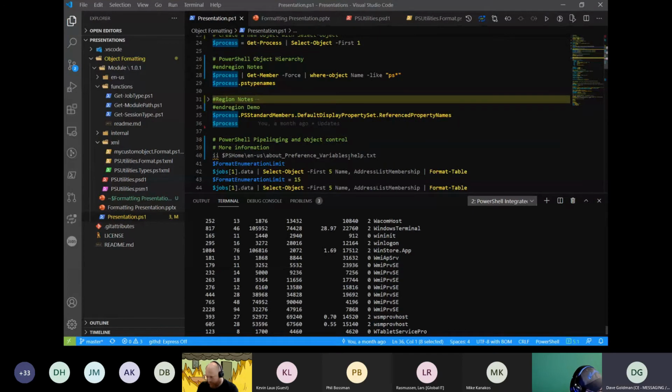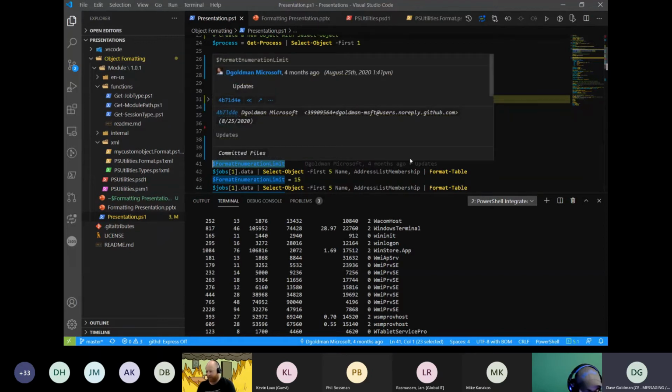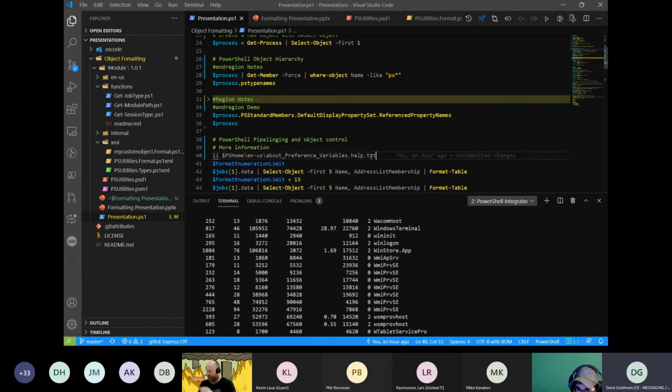Now, there is one more thing that I wanted to point out when it comes to formatting lists and objects that have a lot of information in them. It's a preference property called format enumeration limit. And what I'm going to do is open up this text file here.